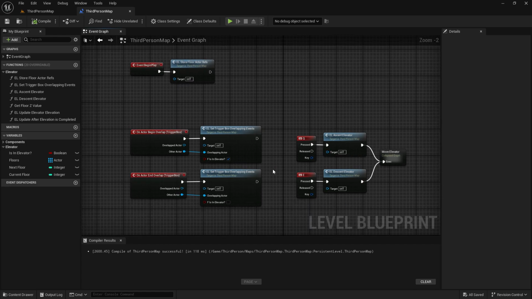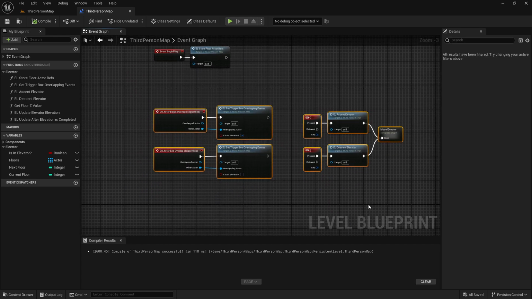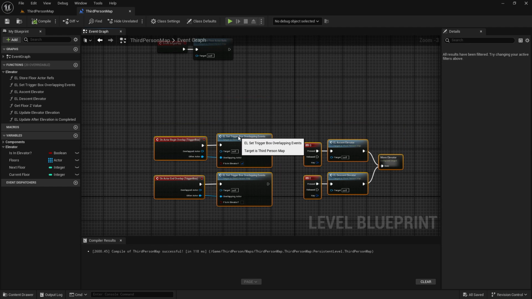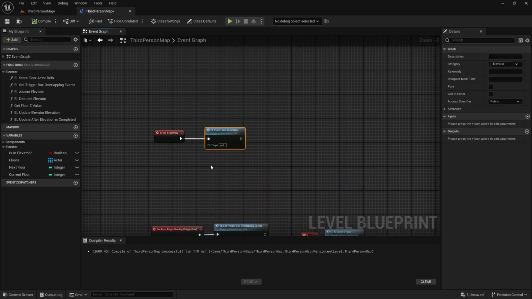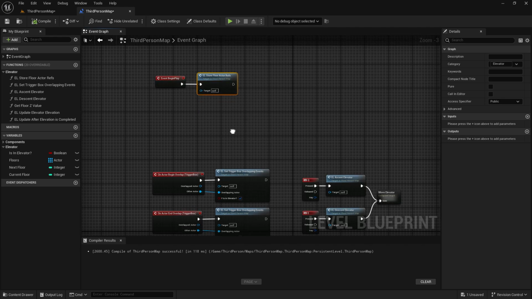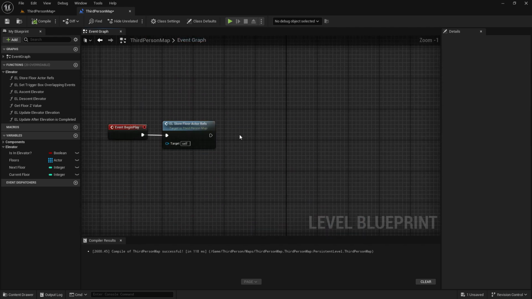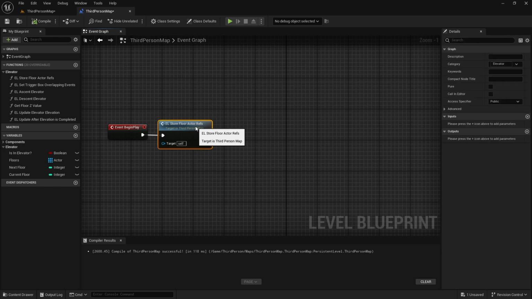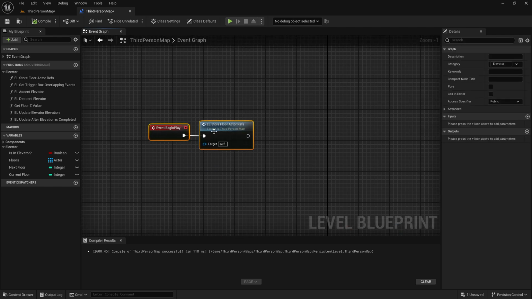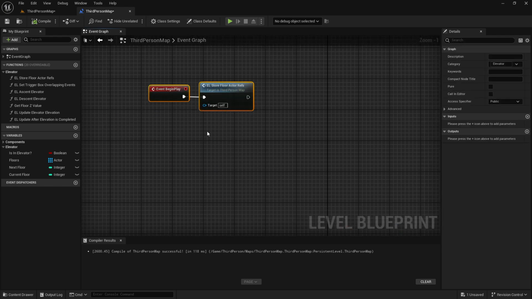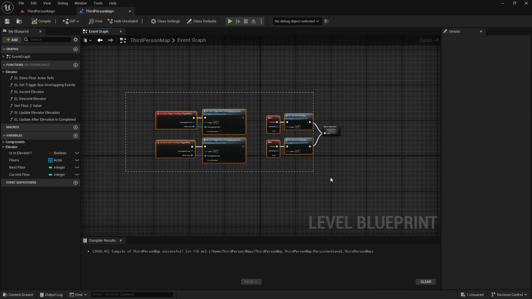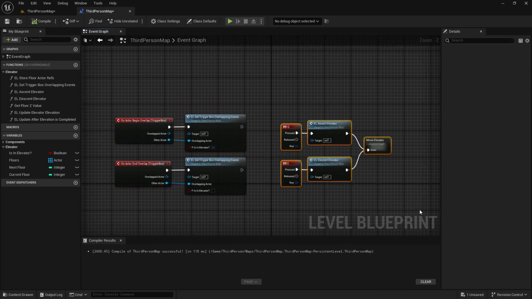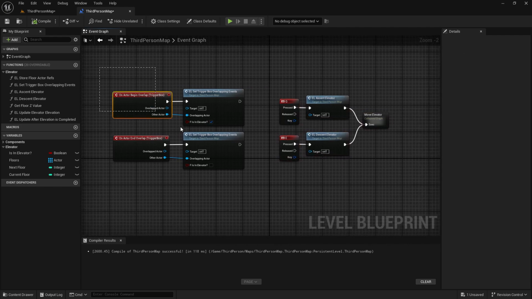And yeah, this is the optimized, organized one. If I get any other logic into the level blueprint, there will be more functions after this elevate function. So I'll just keep event begin play here, and since these are only related to the elevator function, I can just